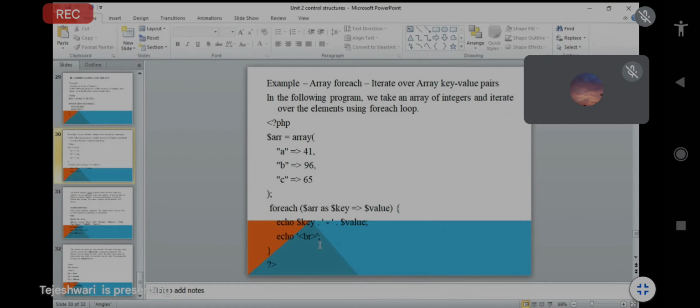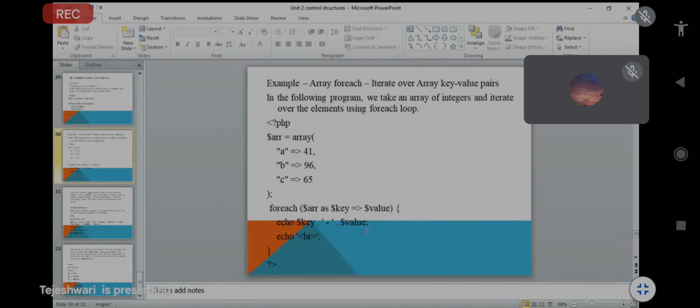So this $key is basically for your characters, a, b, c, and this value is basically for your integer numbers like 41, 96 and 65. So if we print $key, you just print a, dash, $value means your 41.